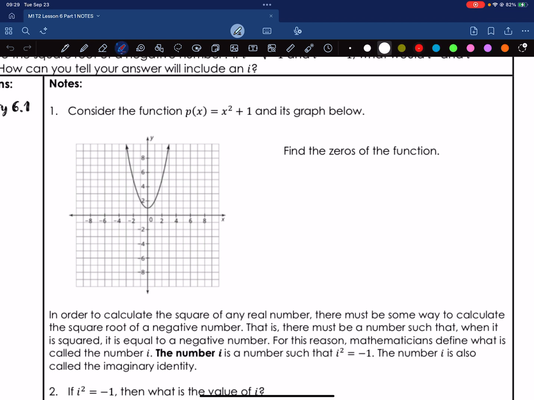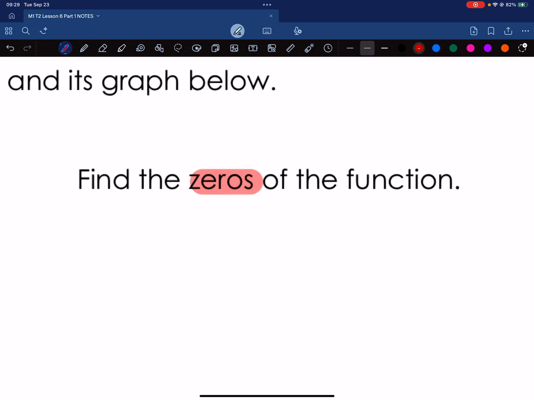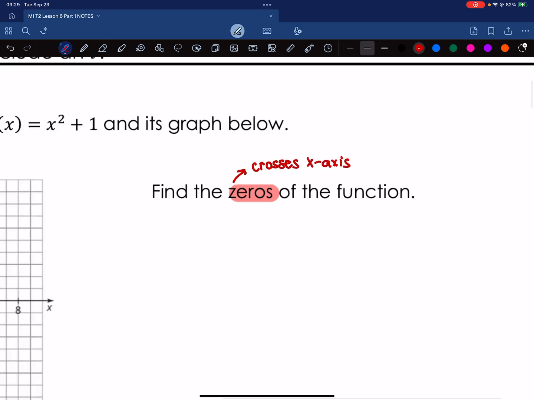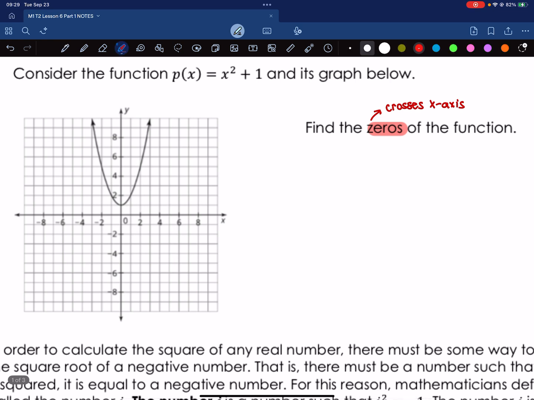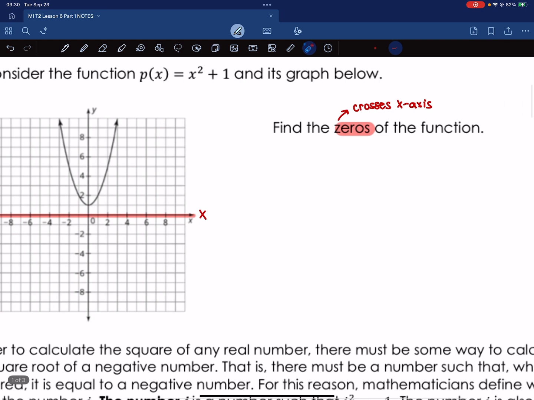So when it tells us to find the zeros, what we are looking for is where the graph crosses the x-axis. So if we look at this graph right here, notice that's where the x-axis is, okay? And notice that our function is not crossing the x-axis at all. The lowest it goes is at +1. So what this means is that this has no real zeros,